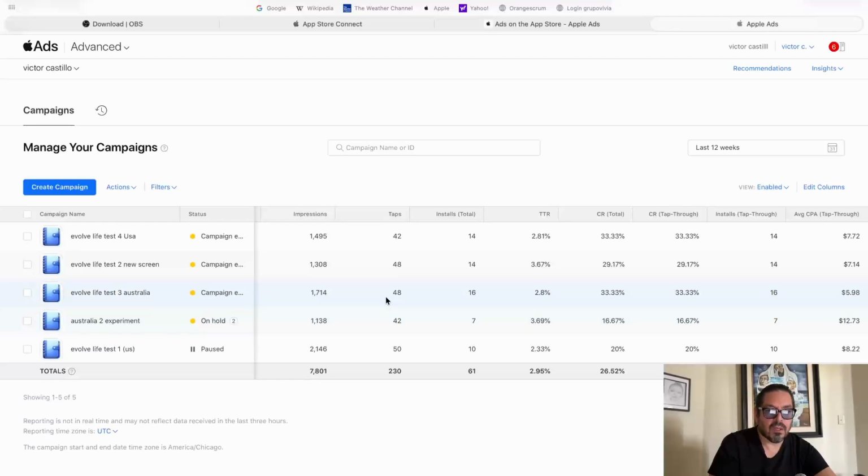Somehow, even though I stopped it, it kept coming in downloads, and that's why this thing got lowered to 538. So it was kind of a glitch on Apple's side because I did stop it. I paused the campaign, but downloads can keep coming, and so that's how it got to this number.